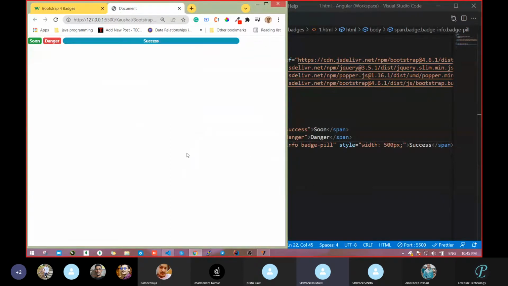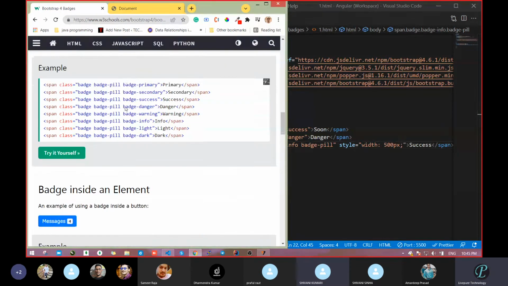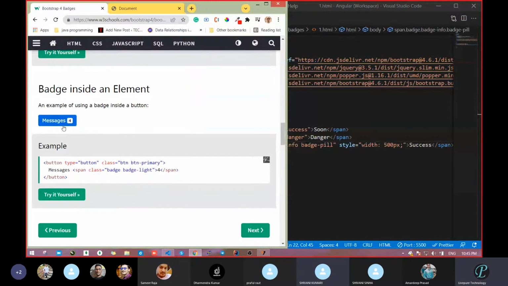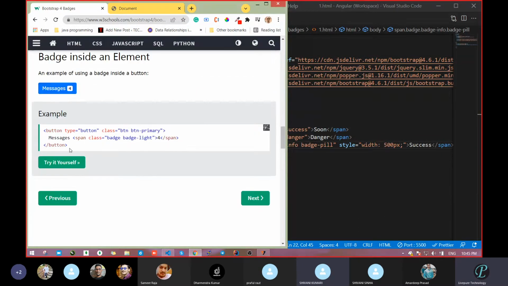No need to pass the border radius; without it we can make that pill type. This is known as pill type. Clear? Now it looks like a notification message. If you have to show something like this, this is how you can make it.